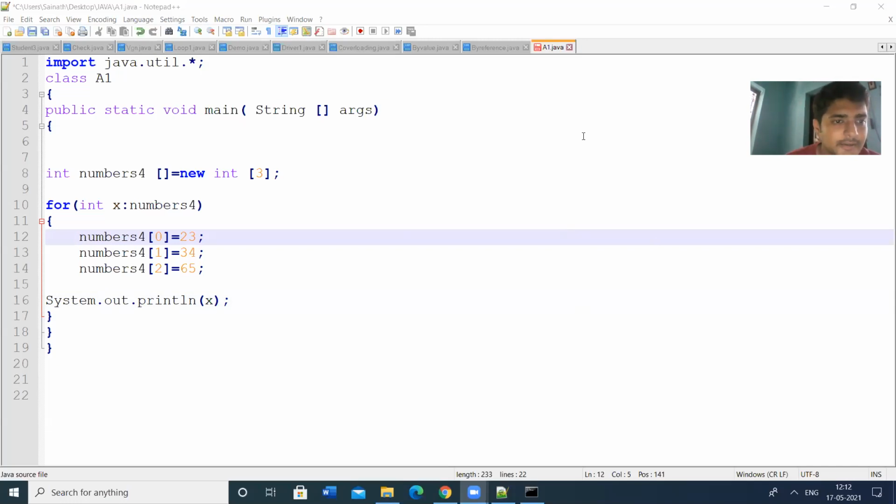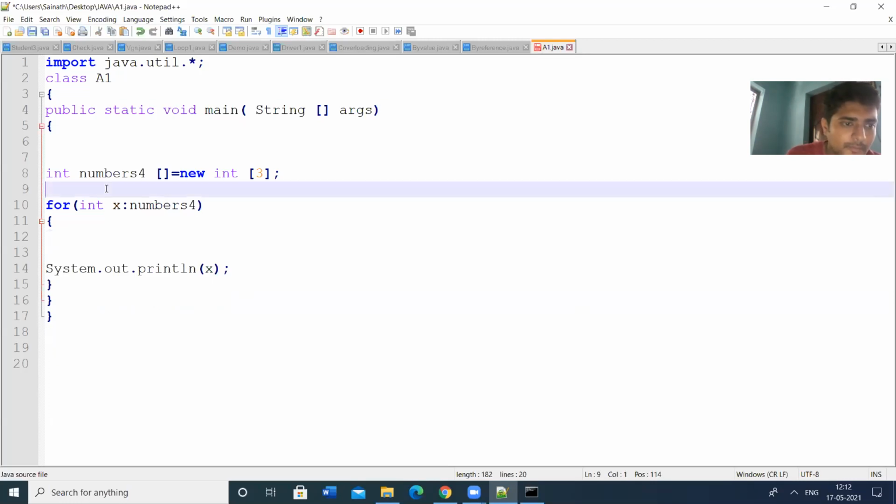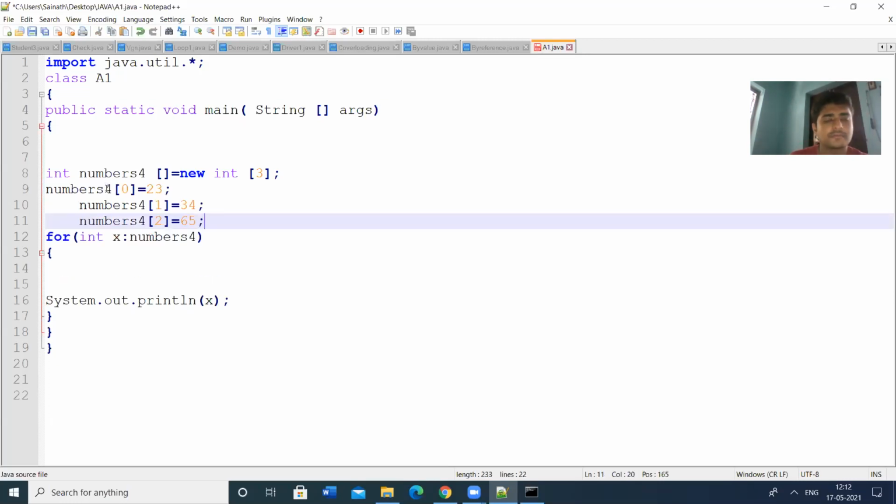Let us initialize this outside the loop and see what happens. Let us check the loop.